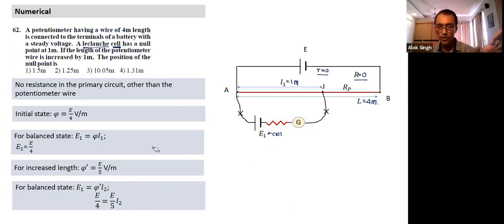That is one in terms of equation. Can some of you think in terms of what is happening intuitively? Intuitively, what I feel is, this length is 4 meter. So the potential of the EMF of this battery gets distributed over a length of 4 meter. If the balancing point is 1 meter, it means the EMF of this battery is 1/4. So whatever length I have here, the balancing length will always come 1/4 of that length if these two resistances are 0.